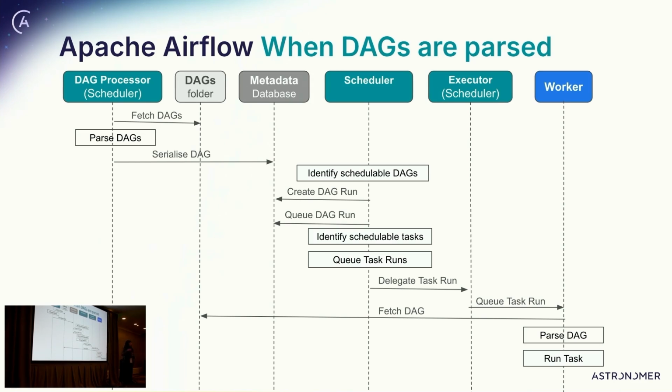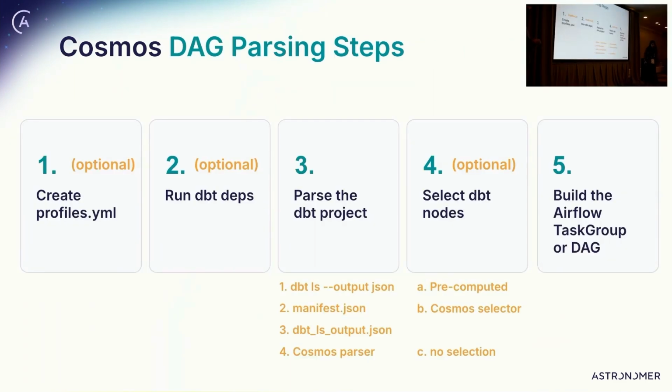It will depend on concurrency and everything, so it's not necessarily linear, but it can be quite a lot. If you had to take one lesson from here and you don't care about Cosmos and other things, I think this is a quite cool thing to remember: the DAGs are currently parsed in these two places. This means that we have at least 1 plus n times in the task life cycle that this will happen. And then we look at what Cosmos is trying to do during parsing time.